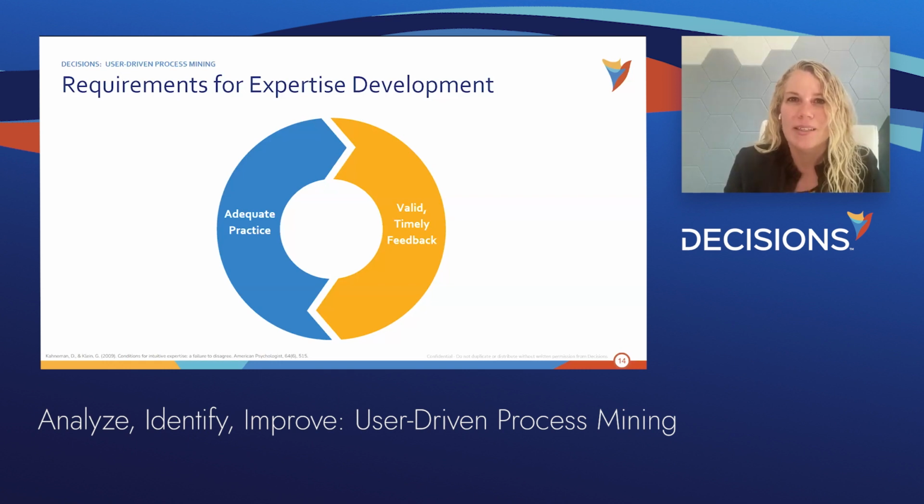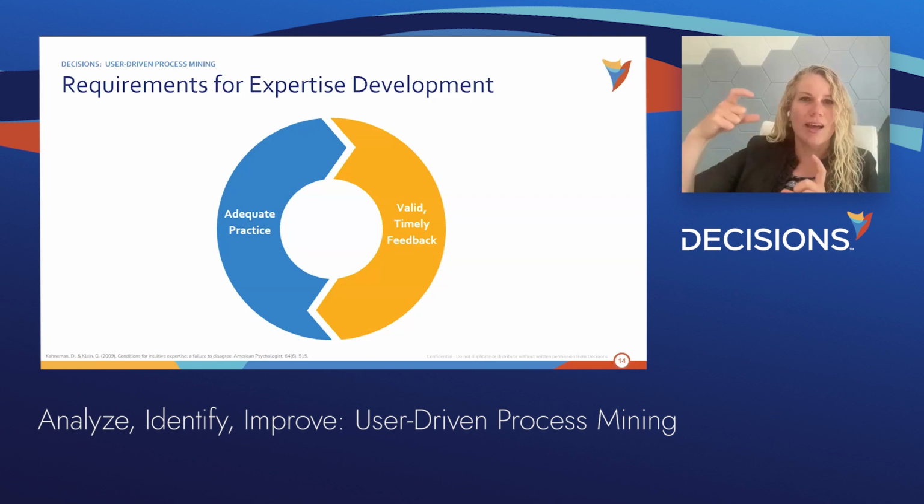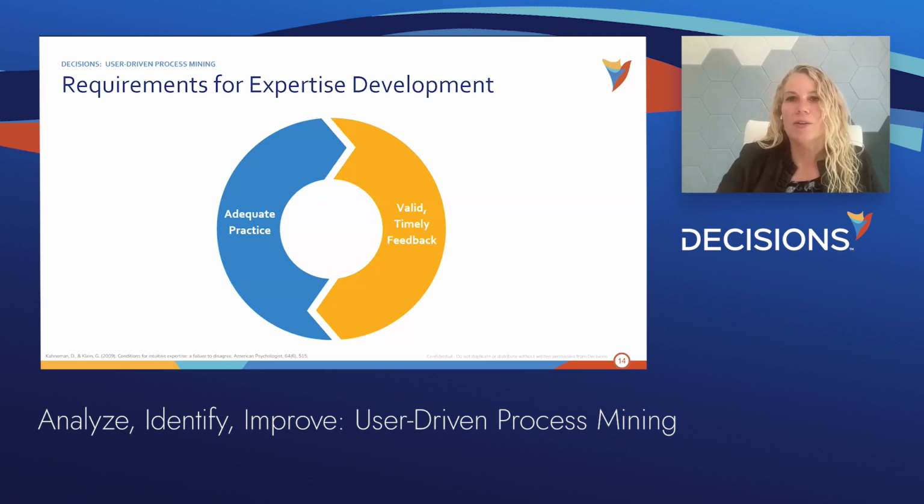When people are building this tacit knowledge, when they're building their expertise, they build it because they have adequate practice and a valid environment. That means, in the case of music, you can become a good singer if you've practiced and practiced and you have a valid environment, someone who actually knows what good singing sounds like to give you feedback to say, yeah, that's a good song. If maybe you had a very generous mother or father when you were growing up who said, oh, your singing is lovely, dear, that would not be a valid environment for you to learn.